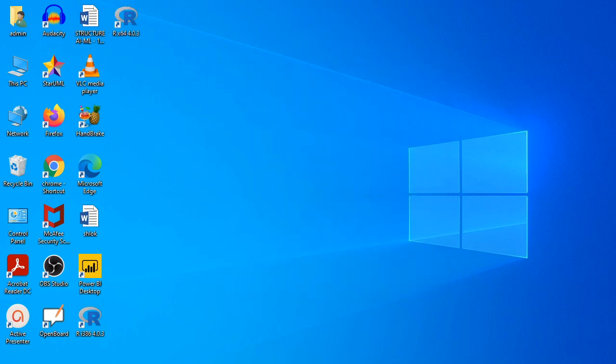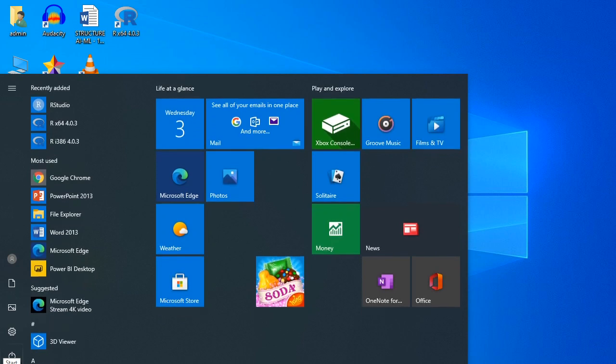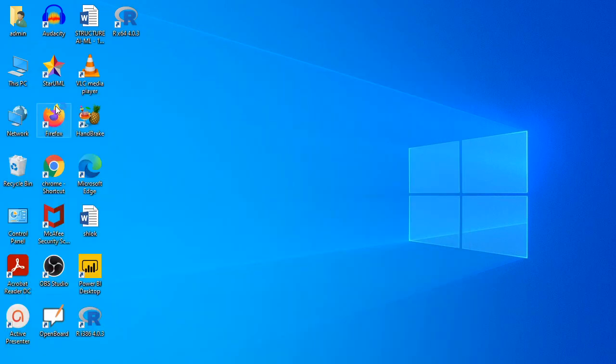Now if you want to go to RStudio, you can type RStudio. Here you can see RStudio is there. Click on that. It will take some time to open.